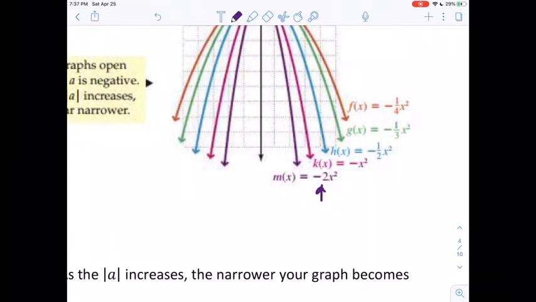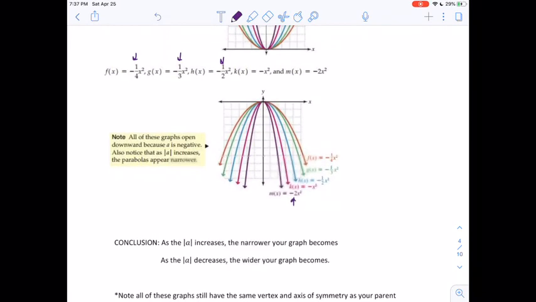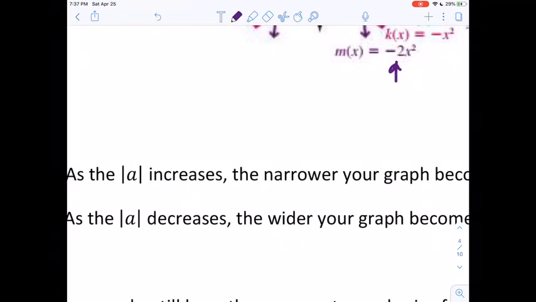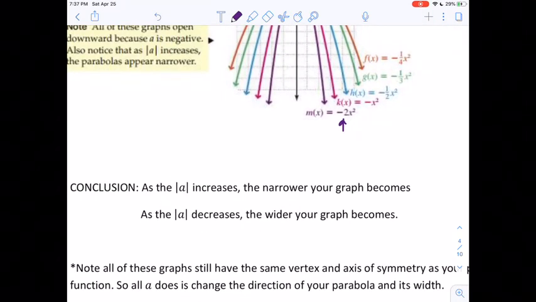It's going to stretch out your graph. I'm pulling it thinner, so that's just saying that my y values are increasing by 2, so my graph is actually getting longer. Okay, so if you start multiplying by smaller numbers like fractions, then the wider your graph is